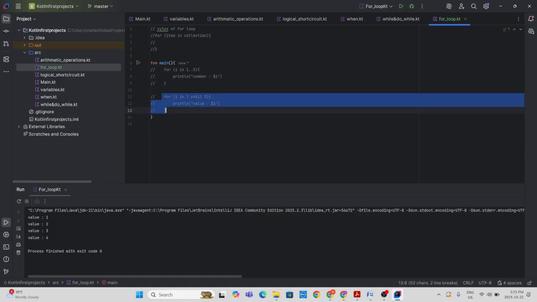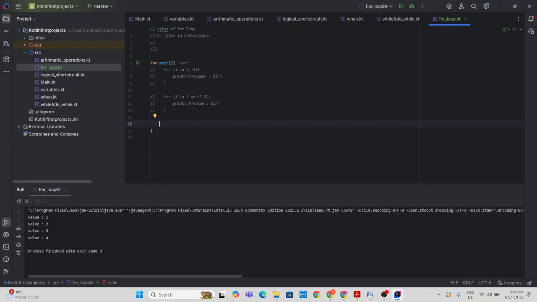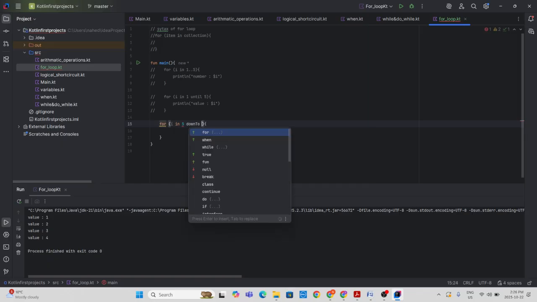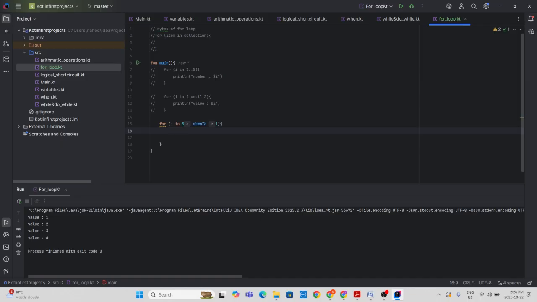Let me comment this out, and we will move forward to the next example of a for loop, how to use downTo in a for loop. For this I will write for, and press enter. In that we will print a statement. In the for loop condition we will use i in 5 downTo 1, it appears automatically, and in the block I want to print